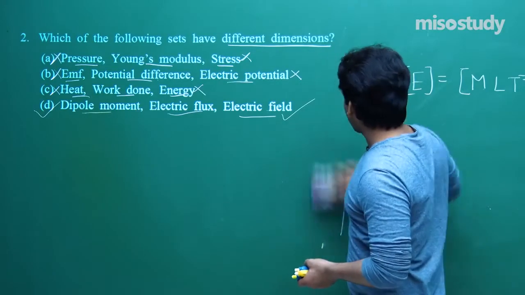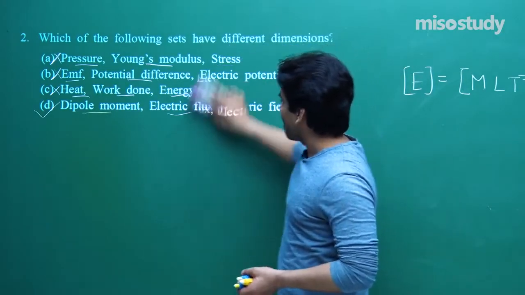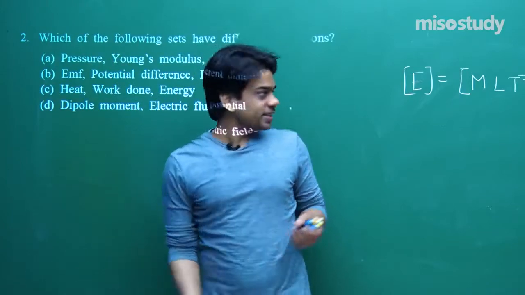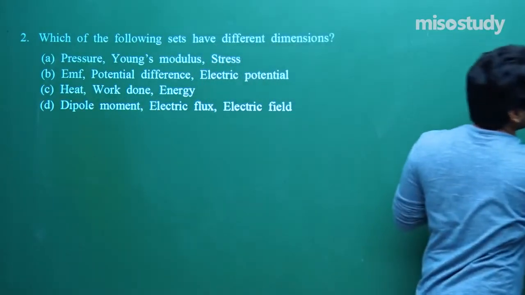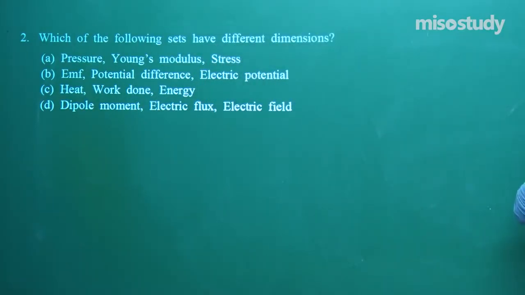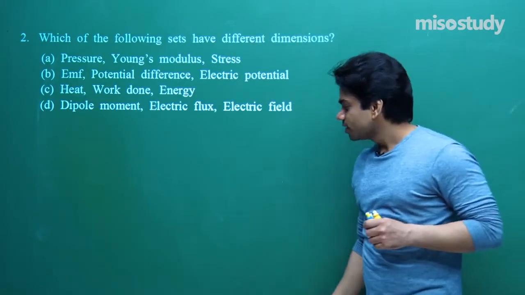Hope that you have understood how to check the dimensional formula. I have explained each step, and if you are unaware about certain terms, need not worry, they are simple terms you will come across when you study more in class 11th and 12th.